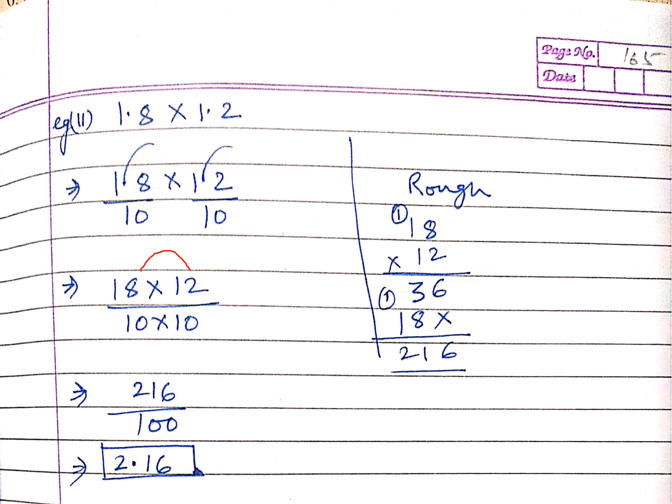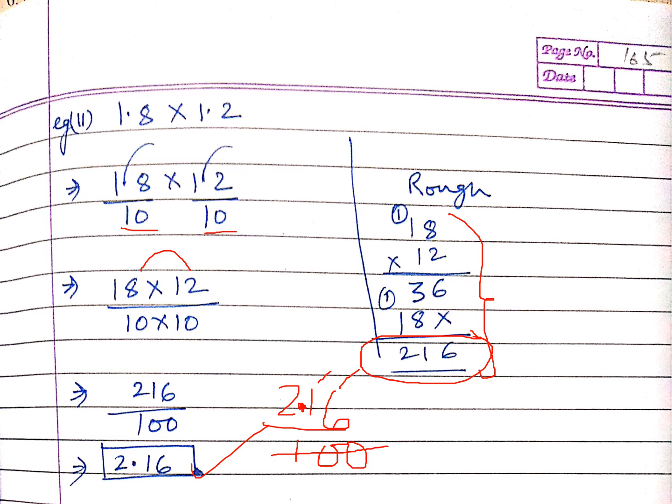We just multiply the numerators, that is 18 into 12. After multiplying it like this, you get the number as 216. So the final is 216 upon 10 tens are 100. Again count the number of zeros. There are two zeros. So count the digits, one digit, two digits. Before that, put a decimal like this, and you are done. The answer is 2.16. Is it tough? I don't think so. It is very easy. It's simple multiplication that you have been doing from your childhood with just one technique, that is don't cut these 10, and your life is easy. Okay, let's see.